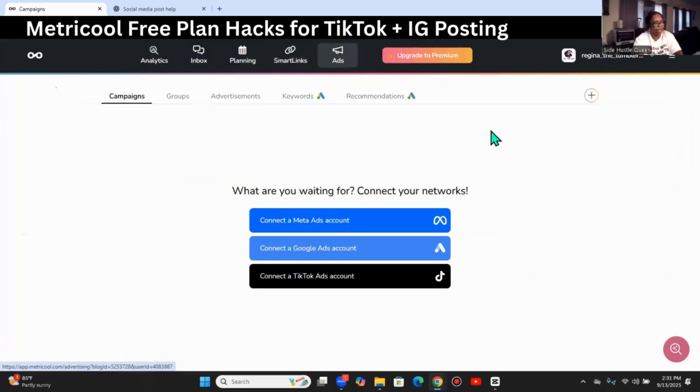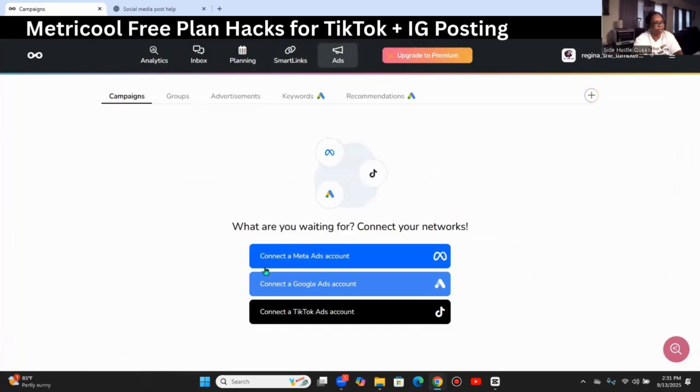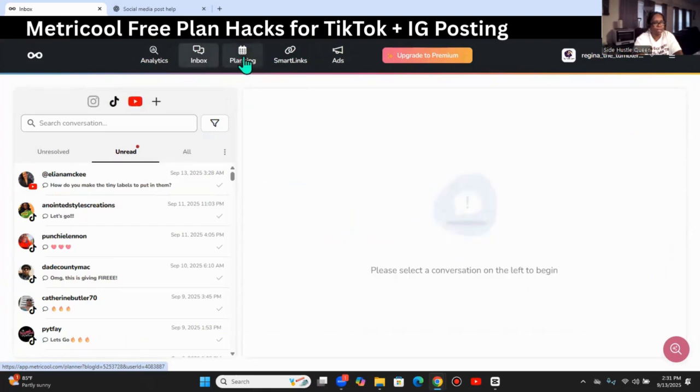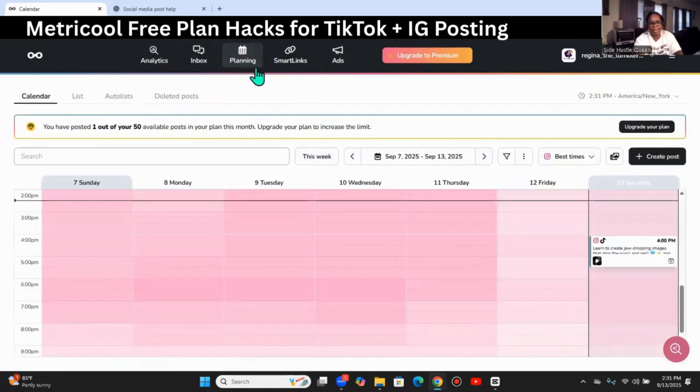Then you have the ads button if you want to do campaigns on Meta ads, Google ads, or TikTok ads. You can do all of that right here in this one place, and that way you can manage your ads. I have never done ads on social media platforms at all; I just always got my business organically. But if you do want to do ads, you can manage those all right here. So those are all the buttons. The first three are probably what you're going to be using on a regular basis to manage your social media content, and the rest of them are just going to be hanging out and you'll be looking at them.